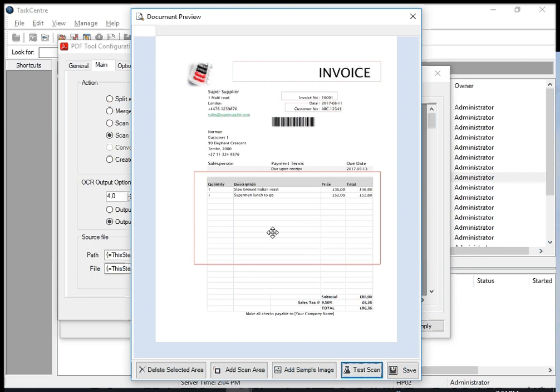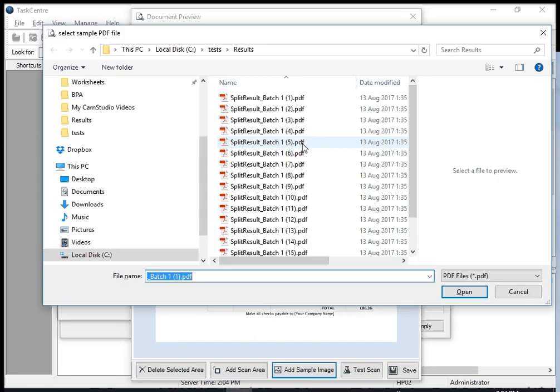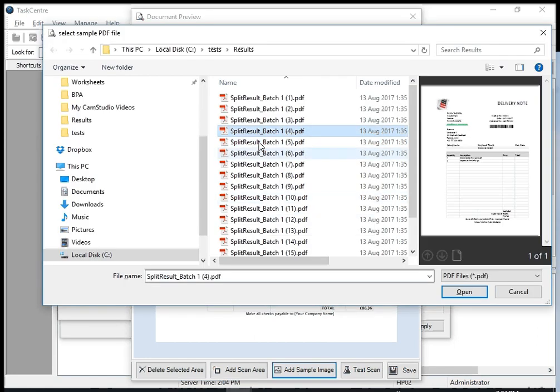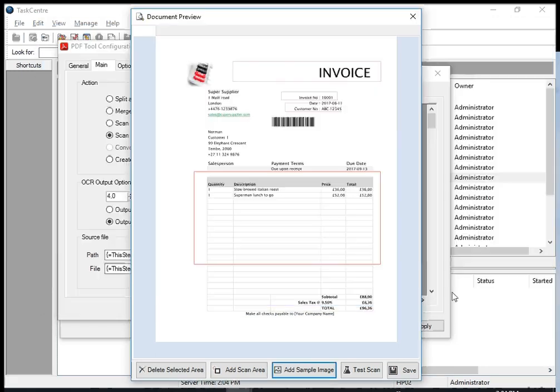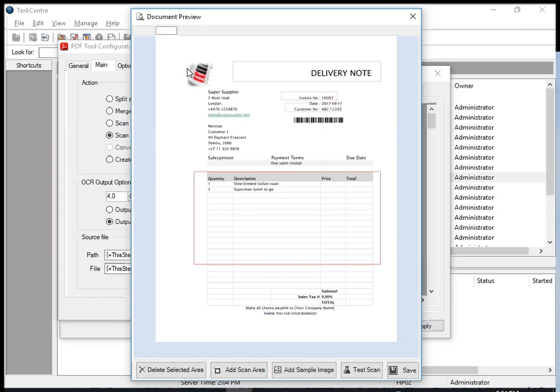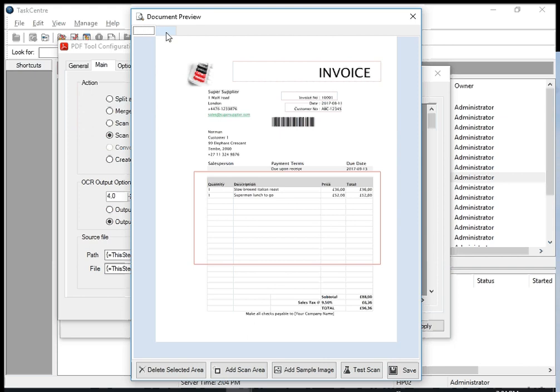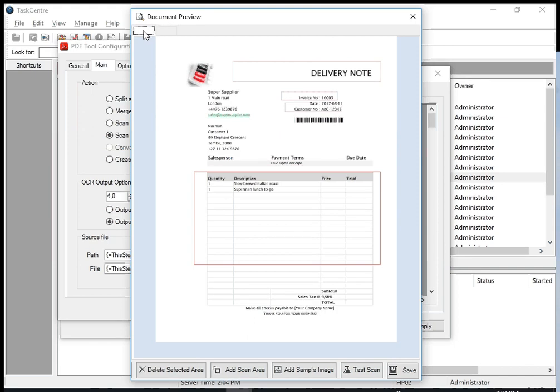But remember, when you're doing a batch scan, you don't necessarily have all the pages aligned exactly as the first one. So the idea would be to then add a few other pages. Alright, so if we're going to do a whole batch of documents, let's add another. So add page 4 and see how page 4 differs in alignment from page 1. And you notice that is the case. You see, actually quite substantial difference. Notice that. So you need to make sure that the areas that you've defined cover